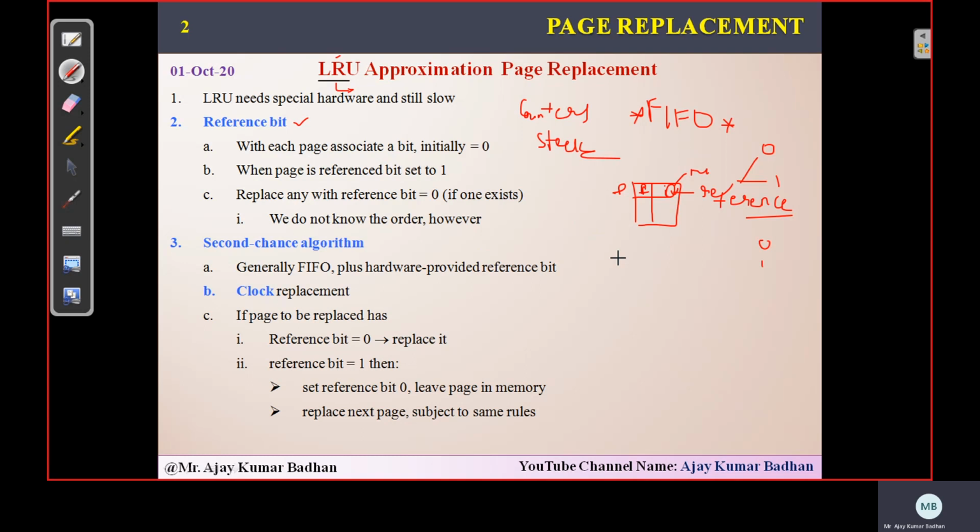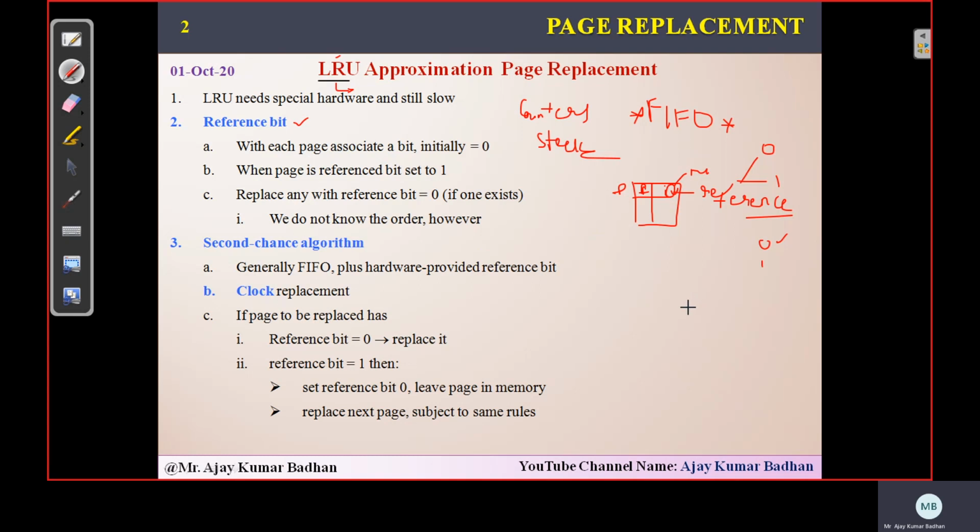Now here, initially, all the pages are there and no pages are actually referred to in order to be stored in your main memory, so they are represented with 0. Initially all the pages which have not been brought into your main memory, that is your RAM, are referred to as 0.